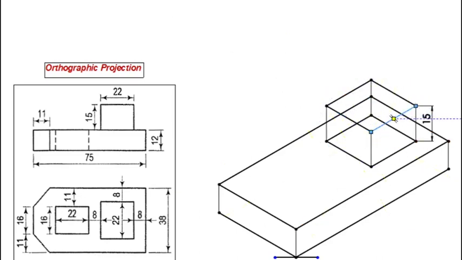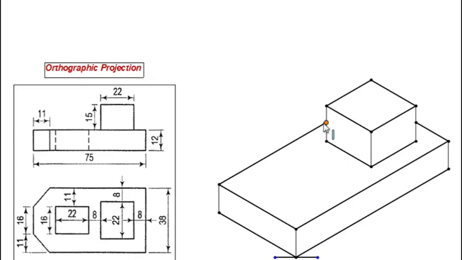Like this. Okay, again I am removing the unnecessary portion by trim option. Now your isometric will look like this. Okay, then